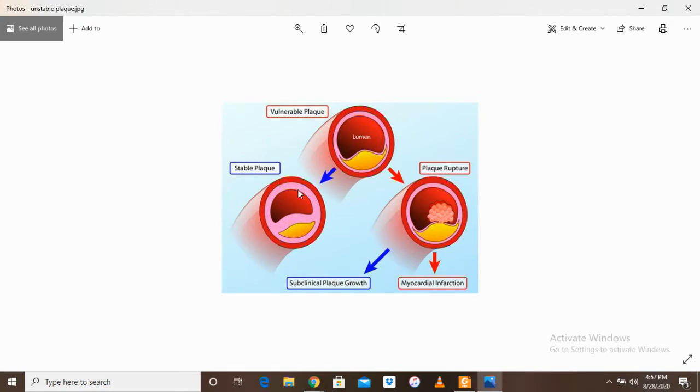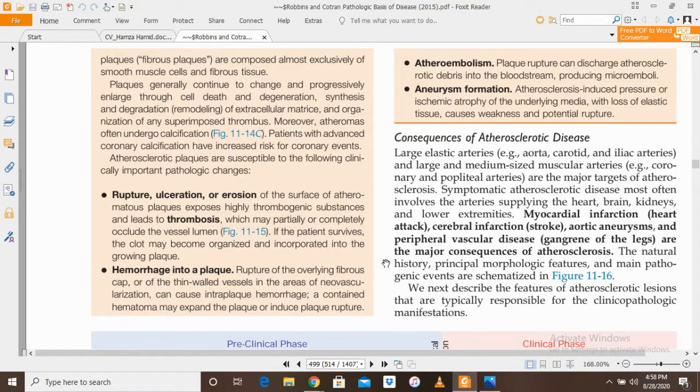The stable plaque disturbs the blood flow but not so much, but the vulnerable plaque may undergo rupture and result in the formation of thrombus, and thrombus formation abruptly disturbs the blood flow and leads to myocardial infarction. Another important diagram